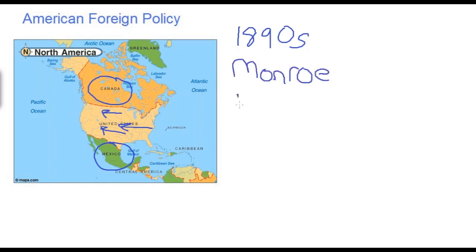The Monroe Doctrine was a policy that influenced American foreign affairs during the 19th century that essentially argued that the United States would vigorously defend against any efforts by European nations to establish new colonies in North America or South America, and that we felt that the age of colonization had come to an end. And these were really the factors that influenced American policy during much of the 19th century.